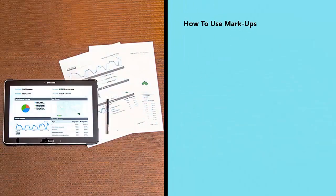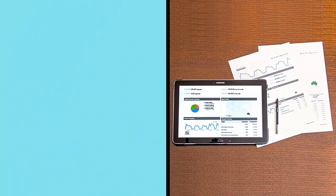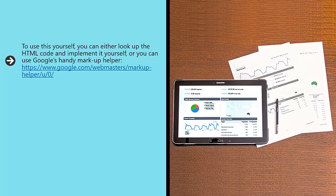How to use markups. Markups look a lot like HTML. Here's an example of what this might look like. That is basically telling Google that you were talking about a local business, the Candle Factory. You can also use schema to highlight product names, authors, aggregate ratings, software applications, restaurants, movies, and much more. To use this information, you can either look up the HTML code and implement it yourself, or you can use Google's handy markup helper,